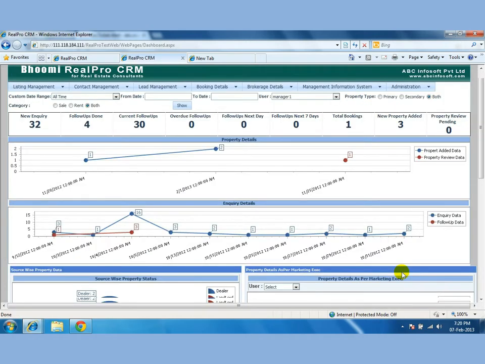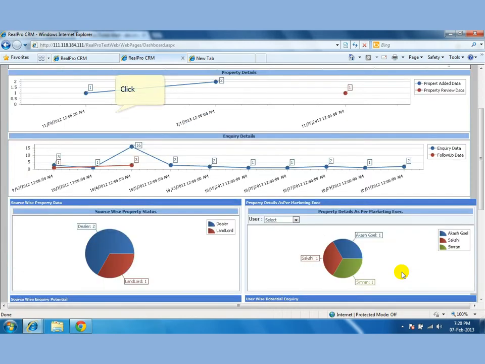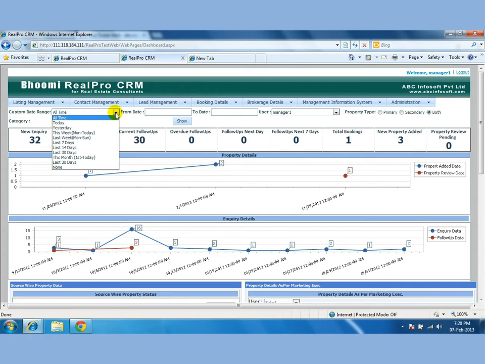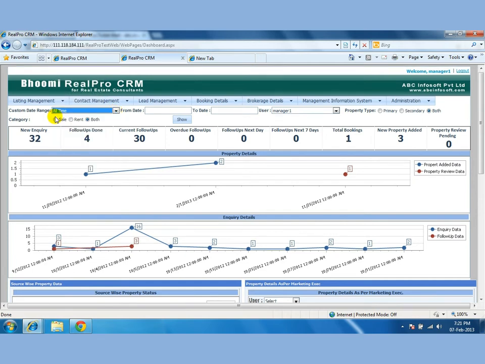On login, a dashboard will be displayed which will give you a complete picture of the entire working of the organization. You can change the custom date range. It could be a particular duration of the last 7 days, 14 days, or you can choose a specific date, and also the user and the property type. This will display the inquiries, follow-ups done during the period, current follow-ups, follow-ups overdue, property added, bookings, and other